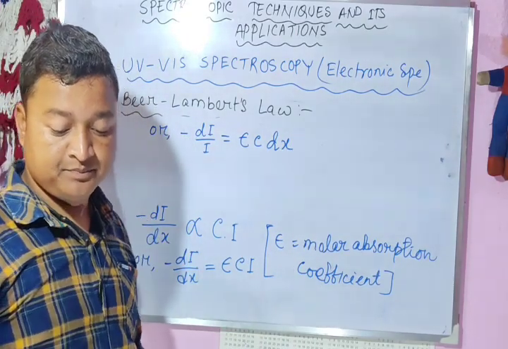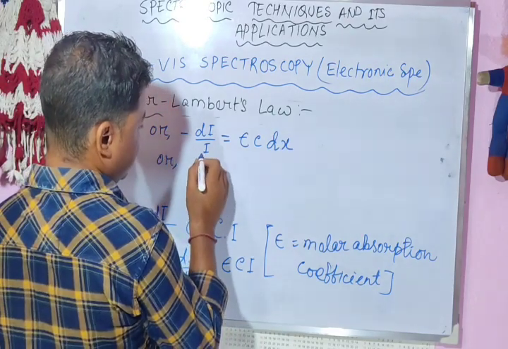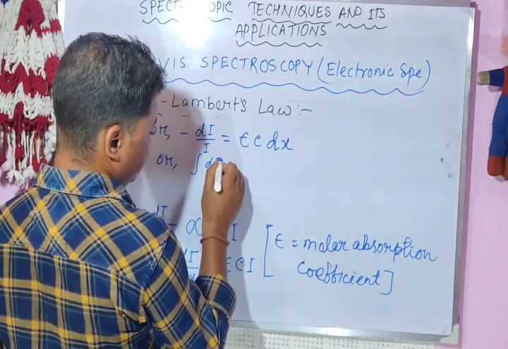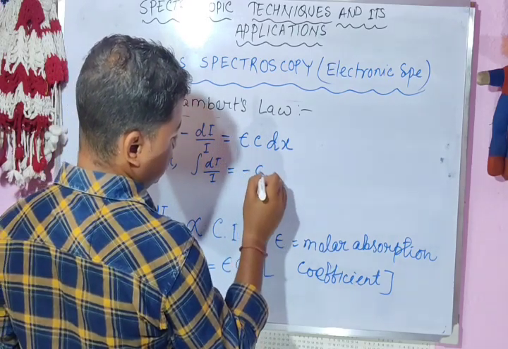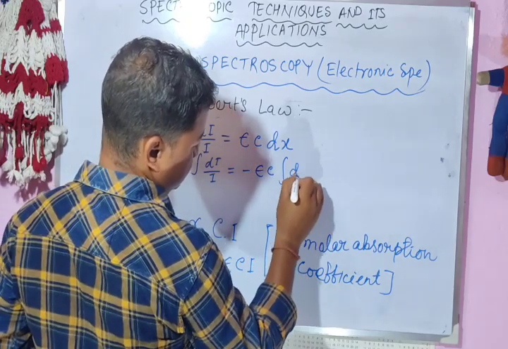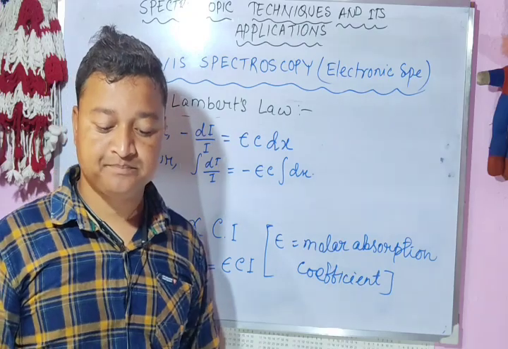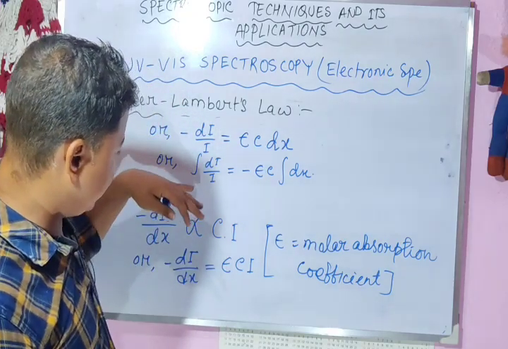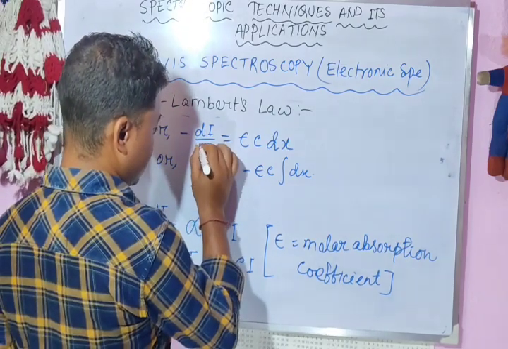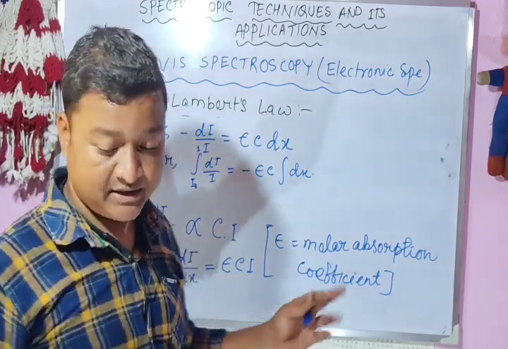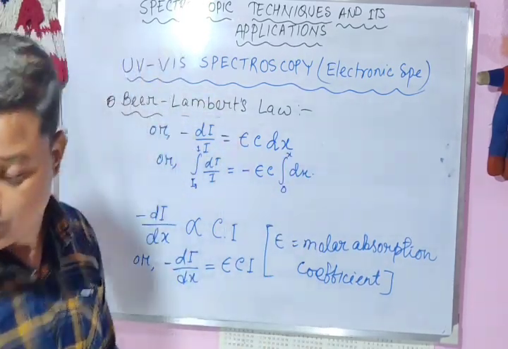Okay, and integrating, dI by I equals minus epsilon C dx. If we limit this integration, I0 to I and x from 0 to x, then we find